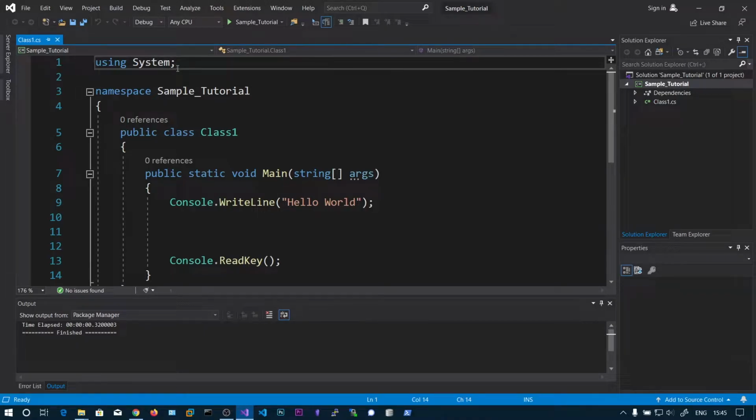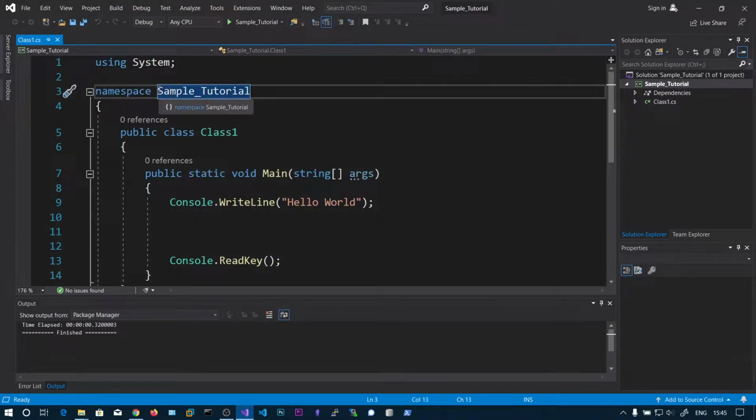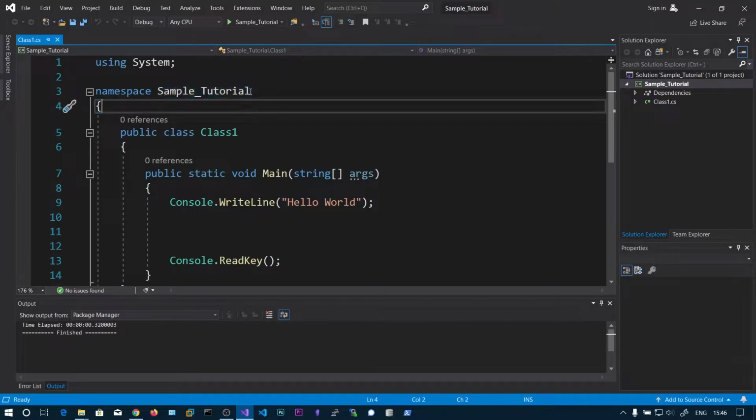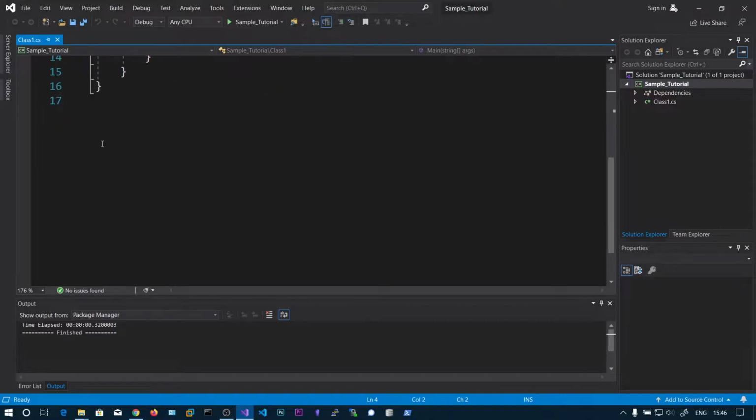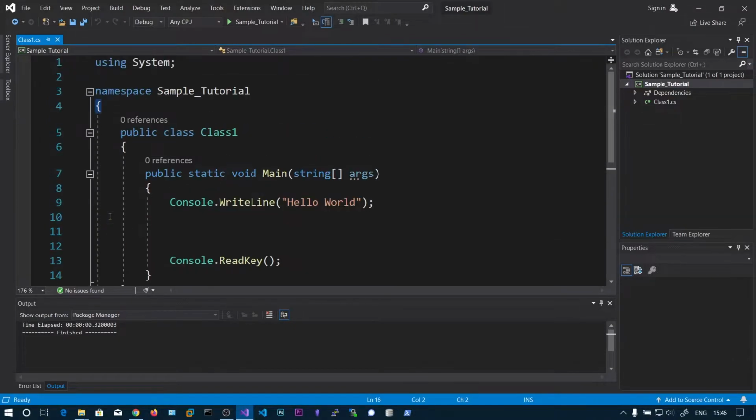You can think of this namespace as a container for holding the classes, and also here you can see there is a namespace with the name Sample_Tutorial. This is our project name we have created, and there will be a namespace for our sample tutorial. Inside this namespace you can see curly braces which end here, and in these curly braces we have a class called Class1,